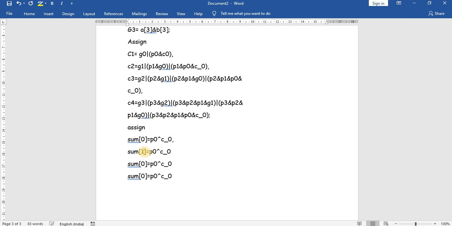Sum of 1 is equal to P1 XOR C1, sum of 2 is P2 XOR C2, and sum of 3 is equal to P3 XOR C3, comma C of 4. The C of 4 is the corresponding output. C of 4 is assigned to the C4 wire carry term, and end module.